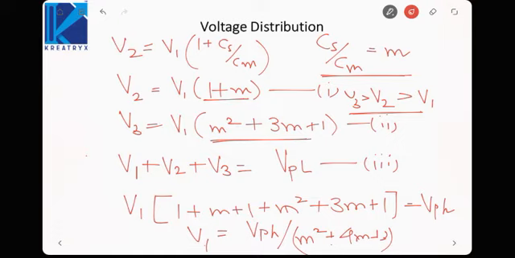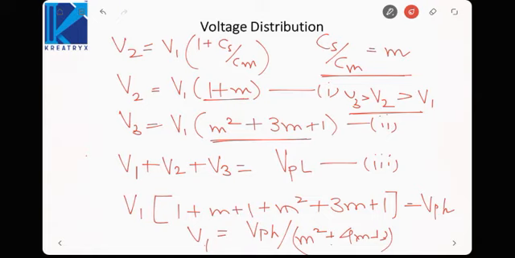Why? Because suppose I buy a dielectric or an insulator with a dielectric strength of 20 kV, but the voltage across the insulator which is farther away from the conductor is 10 kV or 5 kV, then my capacity is being wasted. I want all the voltages to be equal and should have the minimum value so that voltage rating reduces. Or we want each insulator disc to share the maximum voltage so that the number of discs can be minimized. If we are using a 20 kV disc, we want each disc to support 20 kV so that we require a lesser number of discs as compared to the non-uniform distribution.